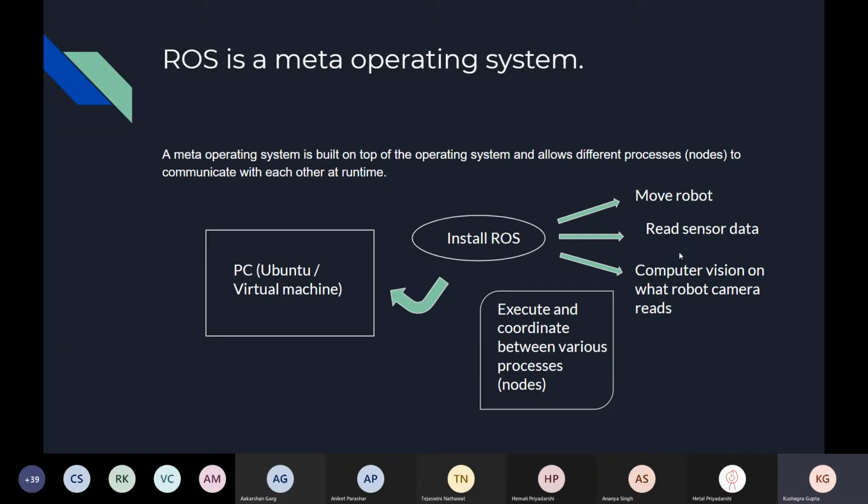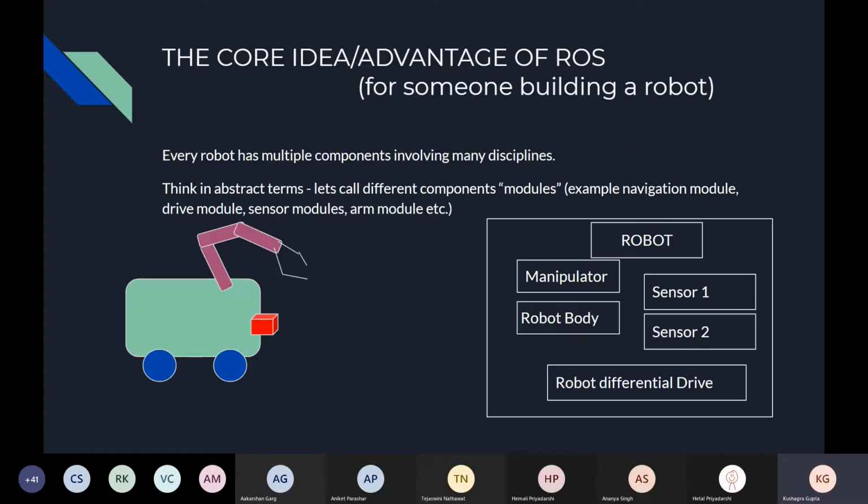For example, you might want to know where your robot is. For that, you need sensor data, for example, it may be some sort of lidar data as to where your robot was earlier and how close it is to a wall now, or stuff like that. So basically, ROS does all of that.